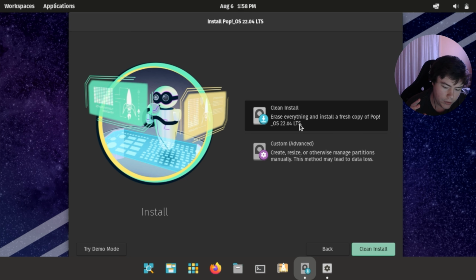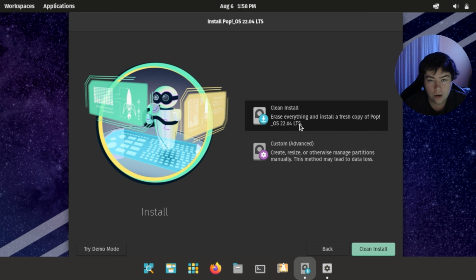Now, if you want to set up a dual boot for Pop!_OS, I'm not going to do a tutorial of how to do that in this video, since Pop!_OS uses systemd instead of grub for booting up the system. You can't really set up a dual boot for Pop!_OS with just a regular setup. If you want to set up a dual boot with Pop!_OS without having to do manual partitioning, you're going to have to have Pop!_OS